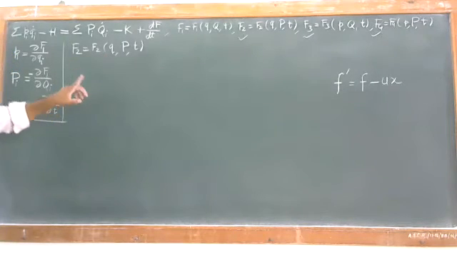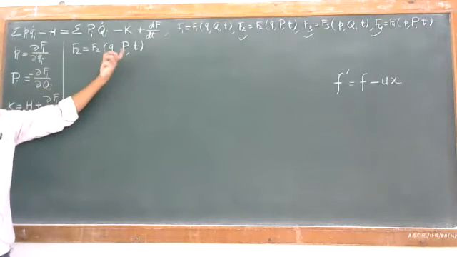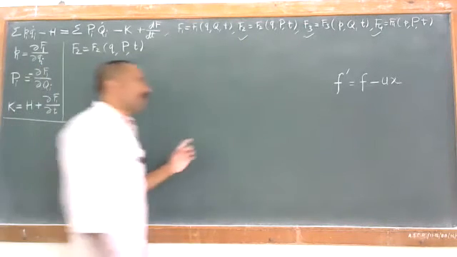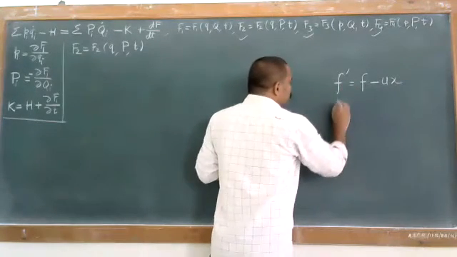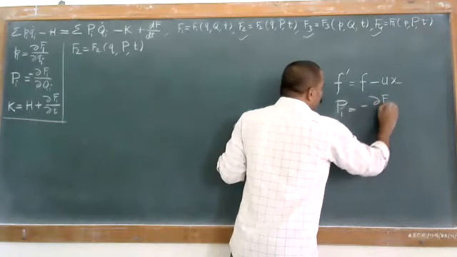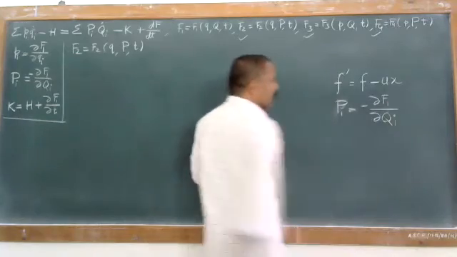In the first equation that we solved, we got values in terms of small pi, capital Pi and K. Here small pi cannot be used because small pi is not there. So we have to use the relation that Pi is equal to minus gamma F1 by gamma Qi. So we have an equation in terms of capital Pi equal to minus gamma F1 by gamma Qi. Okay.